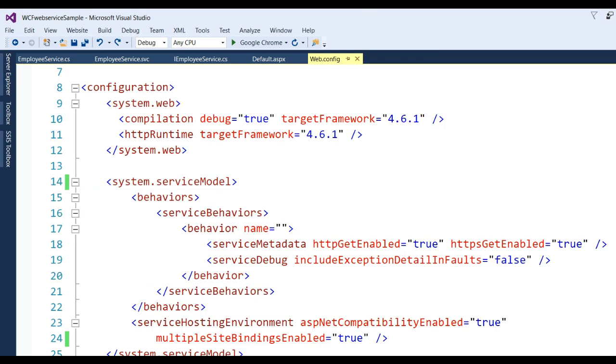So here you can see there is system.serviceModel that will be added, and behaviors, service behaviors, and serviceHostingEnvironment, aspNetCompatibilityEnabled true, and multipleSiteBindingsEnabled true. Now we need to configure services. So what we will do? Put here